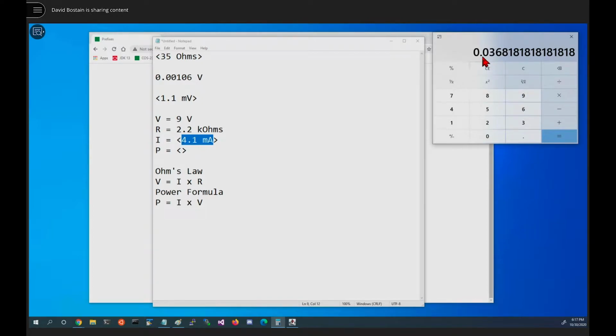We move the decimal point over 3 places. It's going to put 2 digits in front of the decimal point, so we have our 2 significant digits to the left of the decimal now. The 8 will round the 6 up to a 7, and then the answer to that will be 37 milliwatts. Anybody have any questions about that?